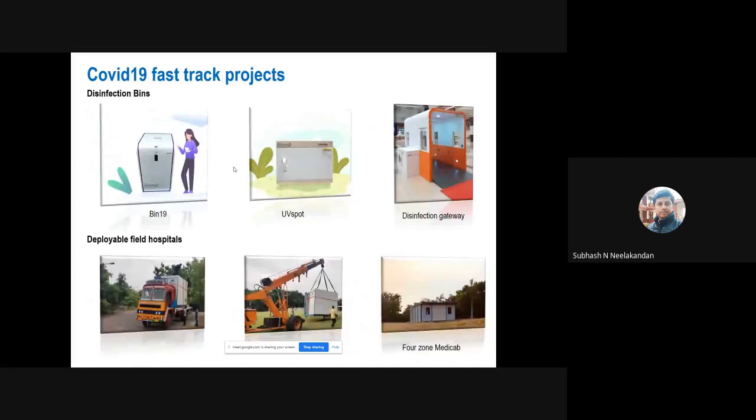And these are some of the very low-risk activities which were carried out during COVID-19. If you look at these devices like a disinfection device based on UVC, or a walkway, or a deployable hospital with all ICU facilities for COVID-19 management, these devices are not working inside the human body. They are working outside the human body. So the level of test requirements, the level of reliability demonstration, is pretty low when compared to a heart valve.